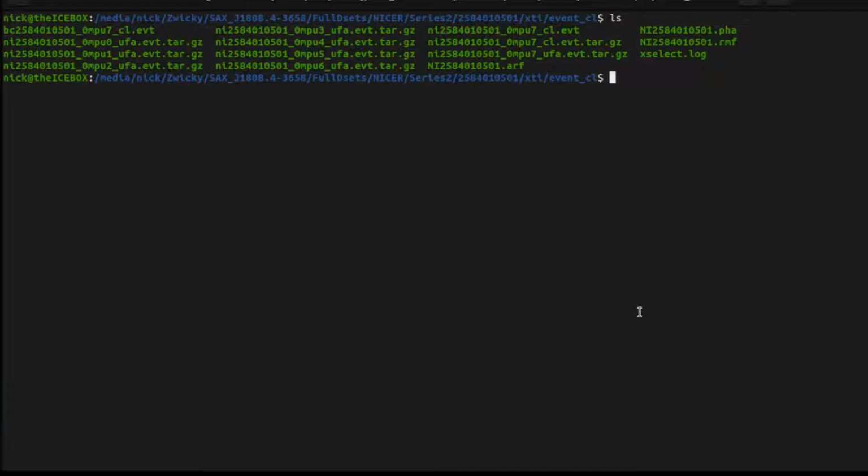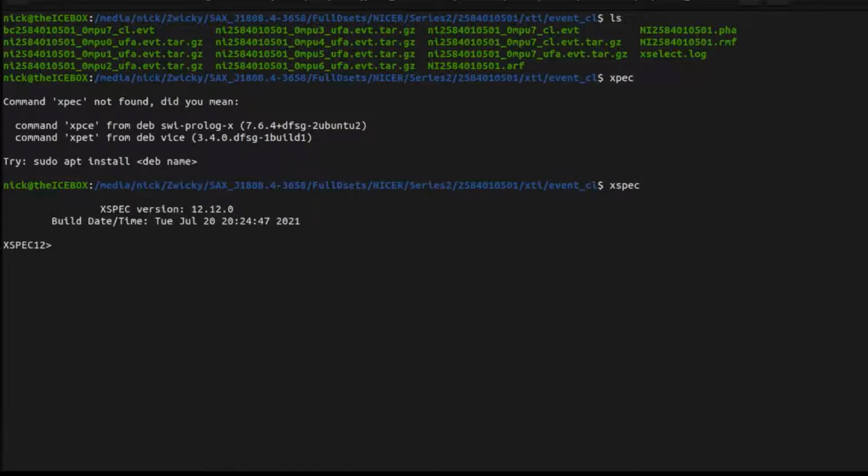Okay. So there's some other interesting things that can go on with generating these, but if you've worked with XMM-Newton or NuSTAR or anything else, you're probably going to want to try to use grouppha to group these together, and that's actually not recommended in the documentation. I'll do a separate video on grouping these things together, but if you're going to want to do all of this in XSPEC right away, let's open up XSPEC. What you could do is just load everything in individually, and it should all work out perfectly fine. So you can go data